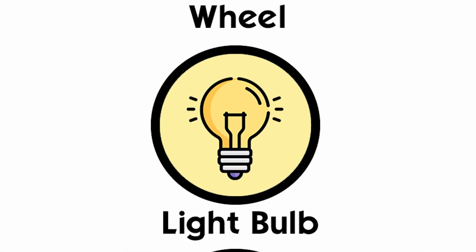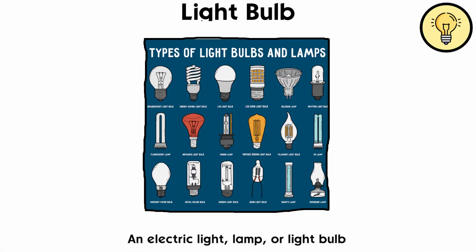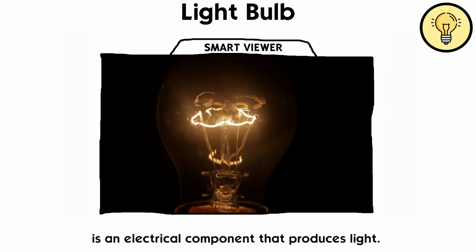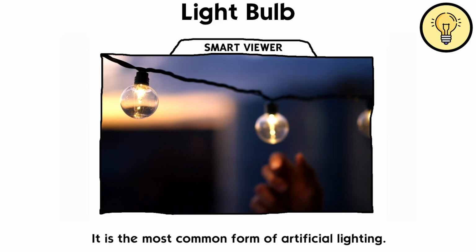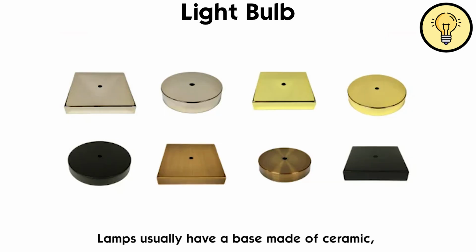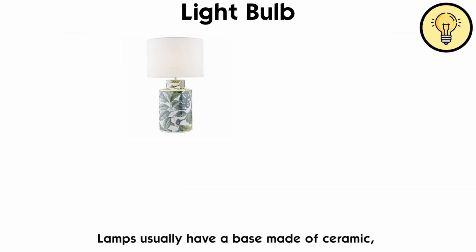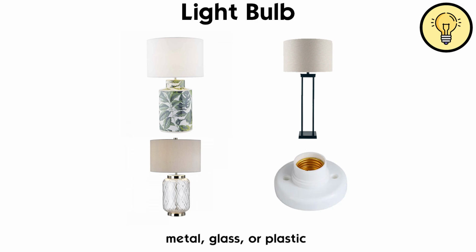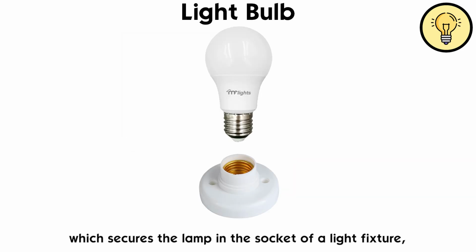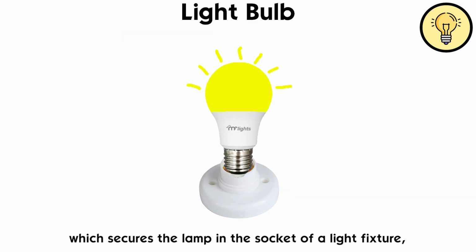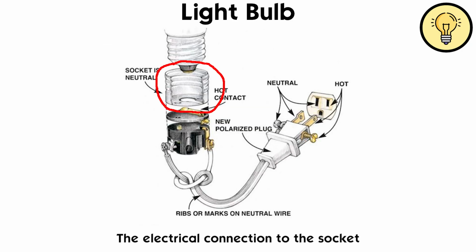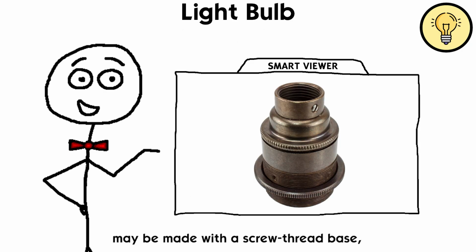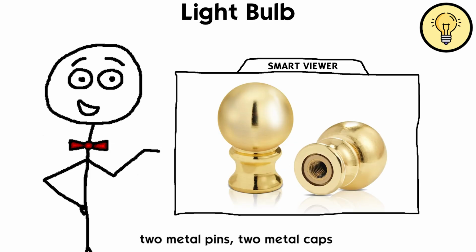Light bulb. An electric light, lamp, or light bulb is an electrical component that produces light. It is the most common form of artificial lighting. Lamps usually have a base made of ceramic, metal, glass, or plastic, which secures the lamp in the socket of a light fixture, which is often called a lamp as well. The electrical connection to the socket may be made with a screw thread base, 2 metal pins, 2 metal caps,